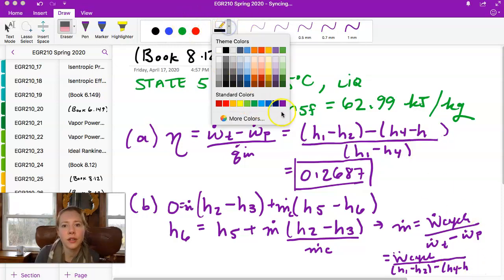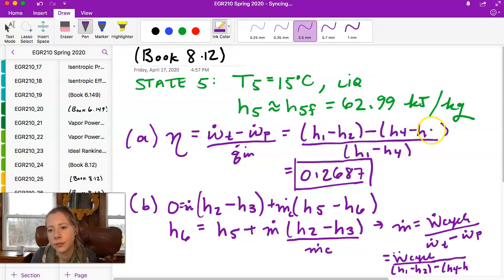These are both 3s. Okay, so we end up getting that m dot is going to be 3.73